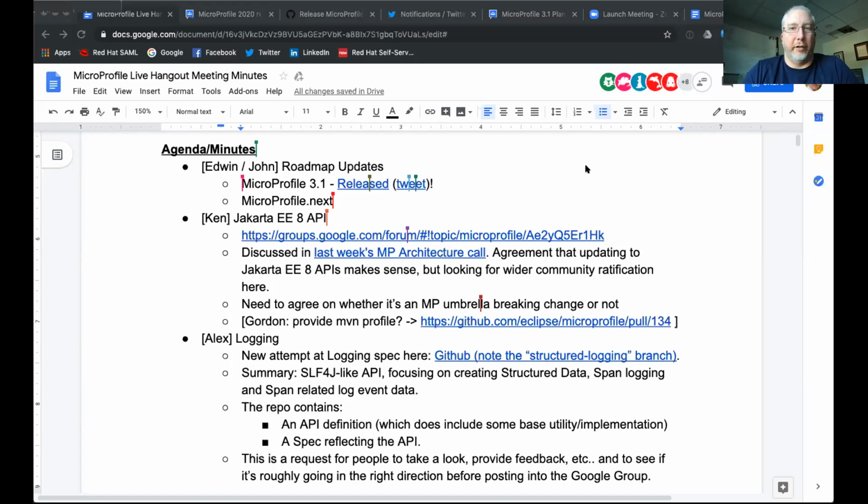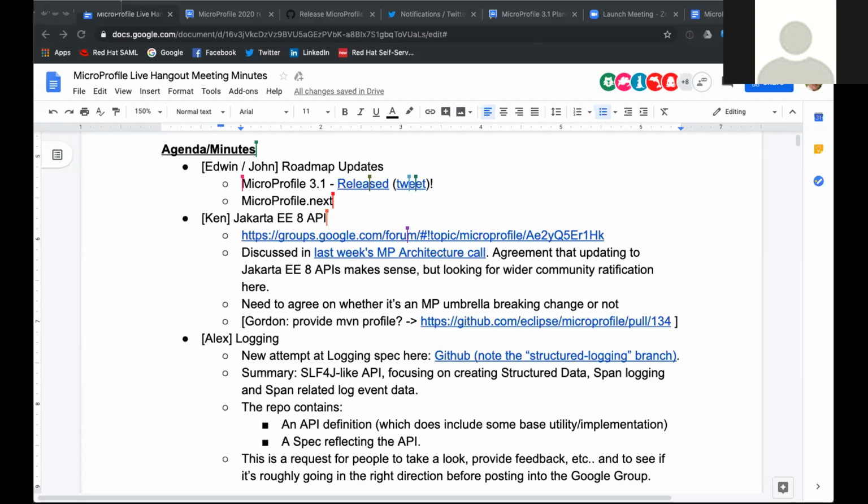Okay, so we're kind of conflating two things here. Let's focus on the Jakarta EE8 API update first, because we need to reach a consensus that doing that API update isn't a breaking change for MicroProfile, and therefore we can do it in a 3.2, irrespective of what other specs might want to do. Yes, I also agree, because it's only a change of Maven artifacts, so the rest is binary compatible. I would say that 3.2 is sufficient. Yeah, I'm okay with a minor release as well.